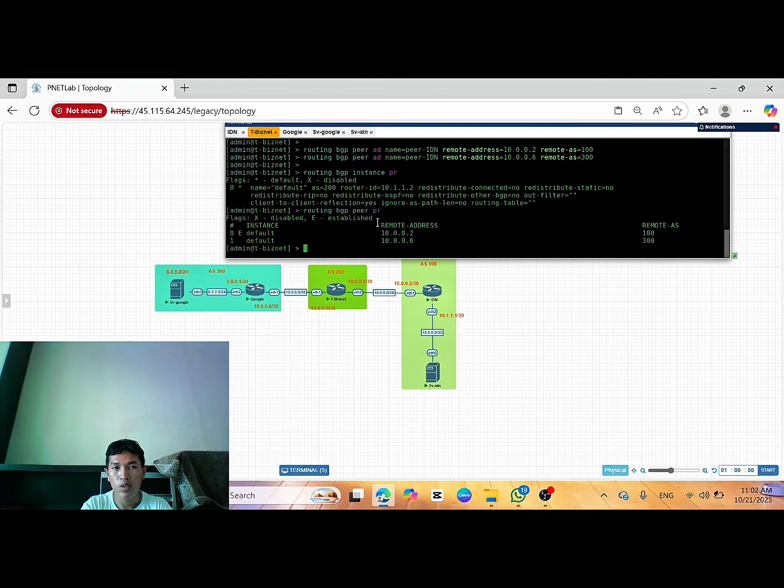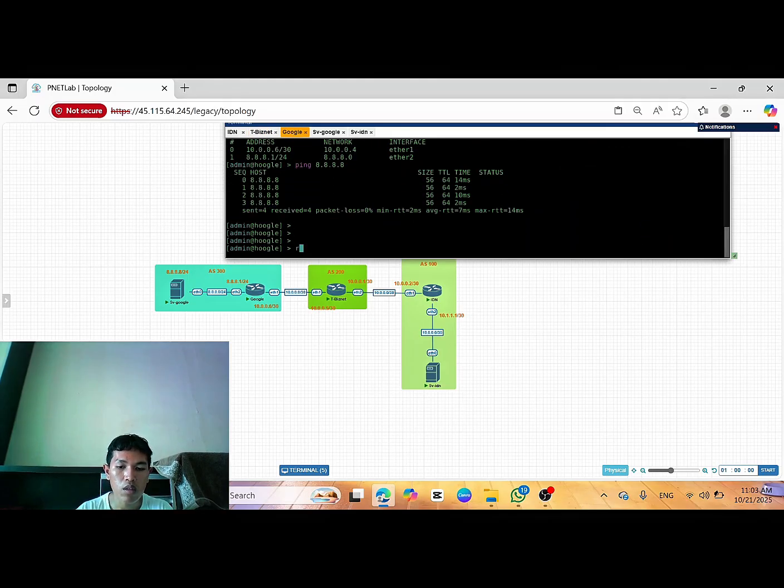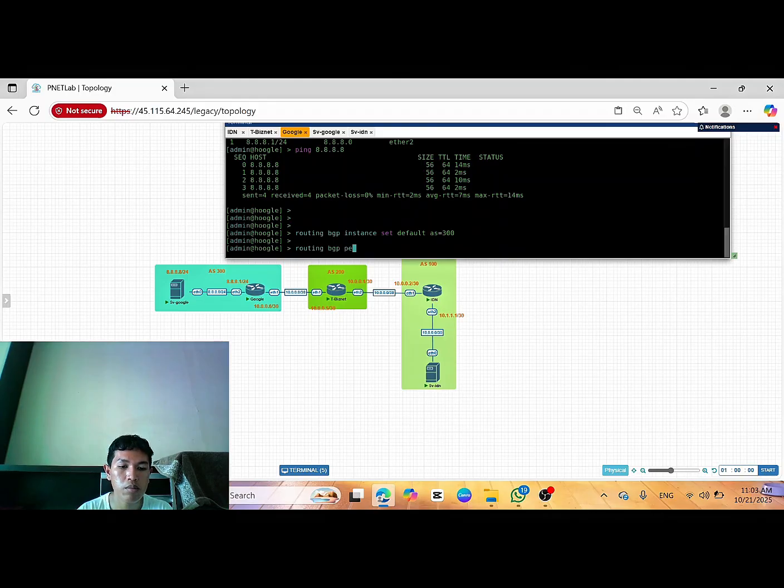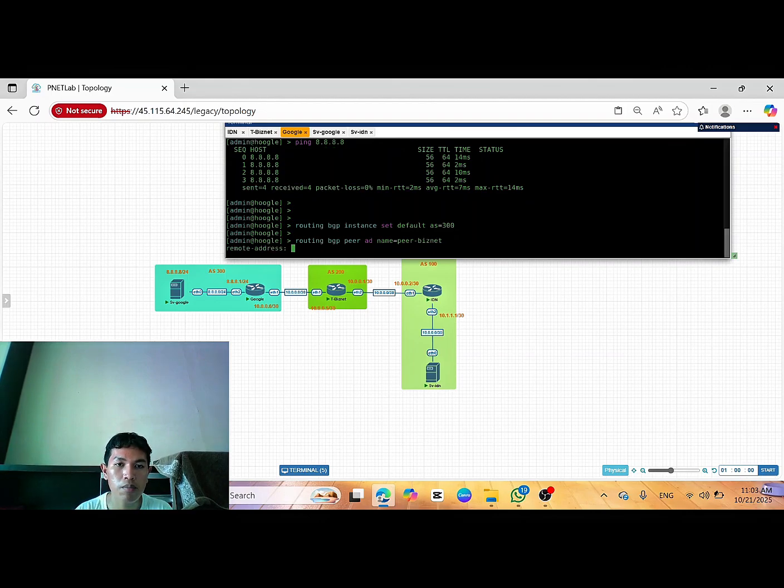And for BizNet, we don't advertise any server because BizNet doesn't have a server. And for Google, routing BGP instance set default AS 300, enter, routing BGP peer, add name, and we add transit peer BizNet, enter.